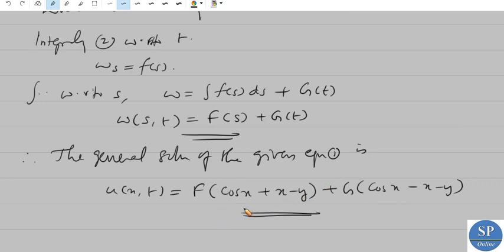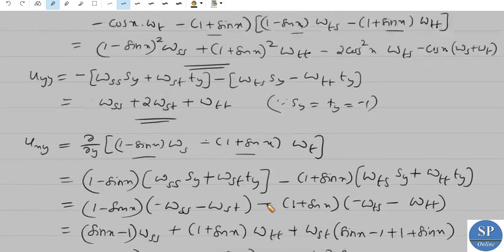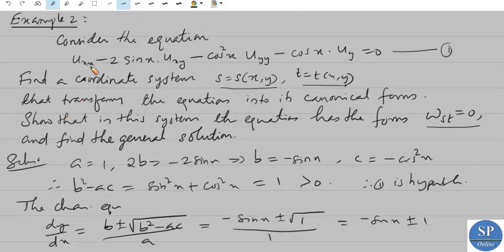So the important thing here is that to solve our given differential equation, we just convert this into the canonical form, and we solved this canonical form equation. It is simpler than the given equation. So we convert this into canonical form and solve it to get the solution of the given equation.